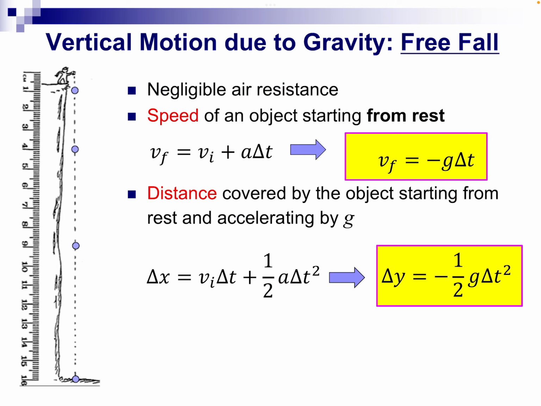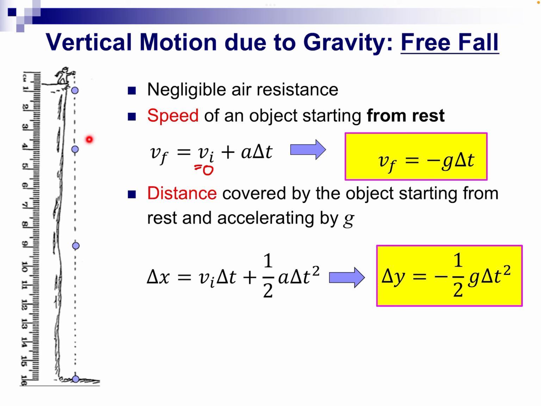Now, if we consider vertical motion due to gravity but with negligible resistance, we have free fall, the free fall that we learned in our previous lectures. If we look at the speed of the object starting from rest, we can figure that out using this kinematic equation. Starting from rest means that the initial velocity is equal to zero, and hence the final